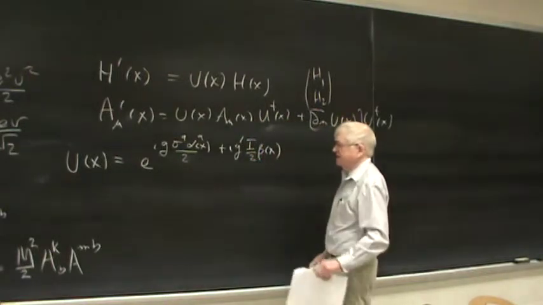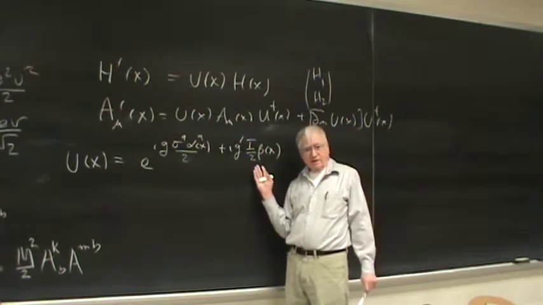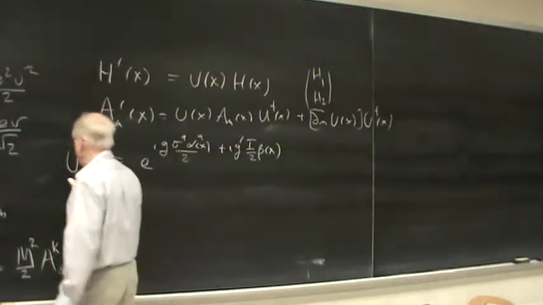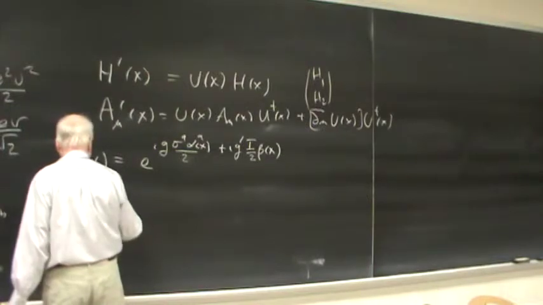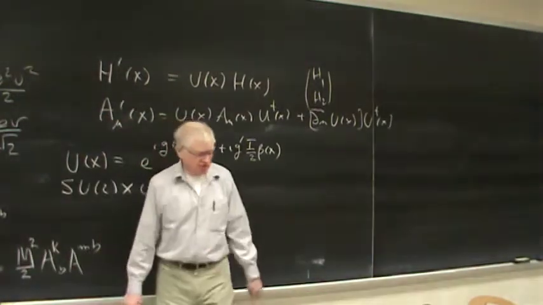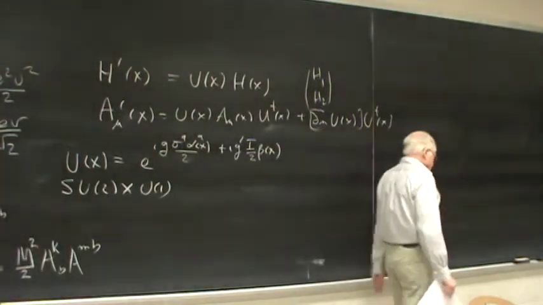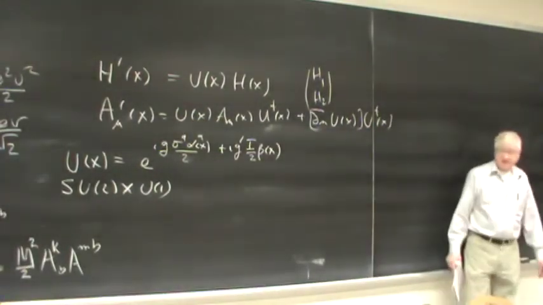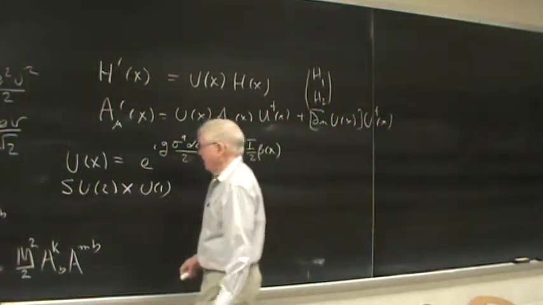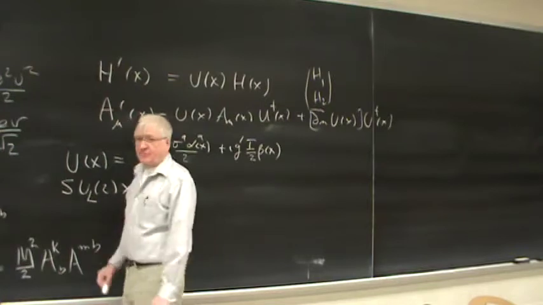So it's basically an SU2 and a U1. So we call this SU2 cross U1. And what's truly weird about the standard model is that the SU2 acts only on the left-handed fermions,